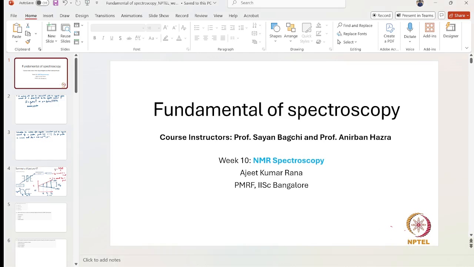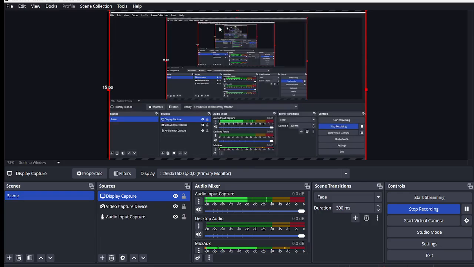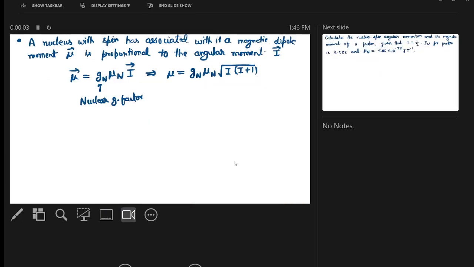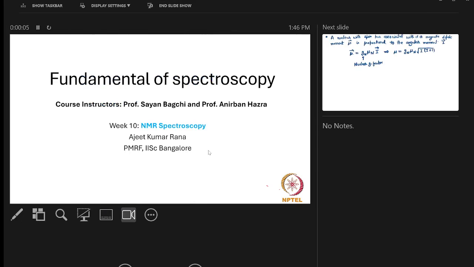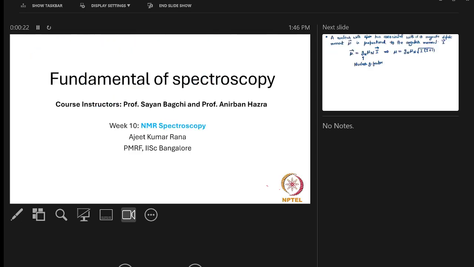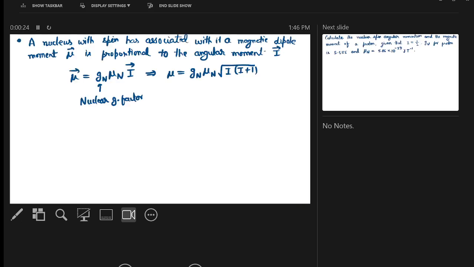So in this session we will talk about NMR spectroscopy. NMR stands for nuclear magnetic resonance spectroscopy. We will see how we can use this NMR, how this is very powerful. What do we do in this NMR spectroscopy? So this NMR stands for